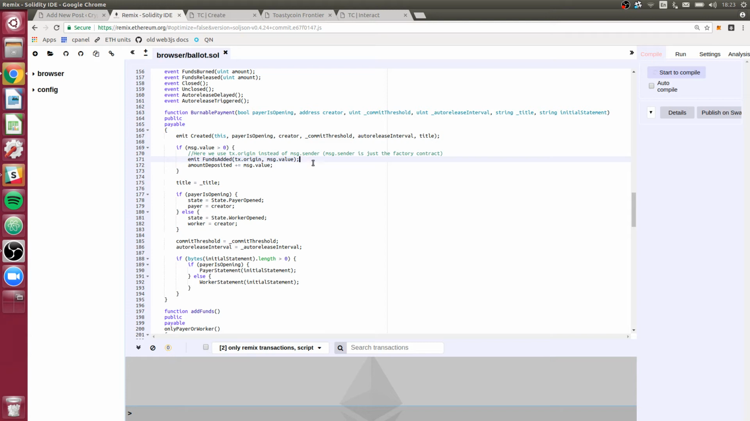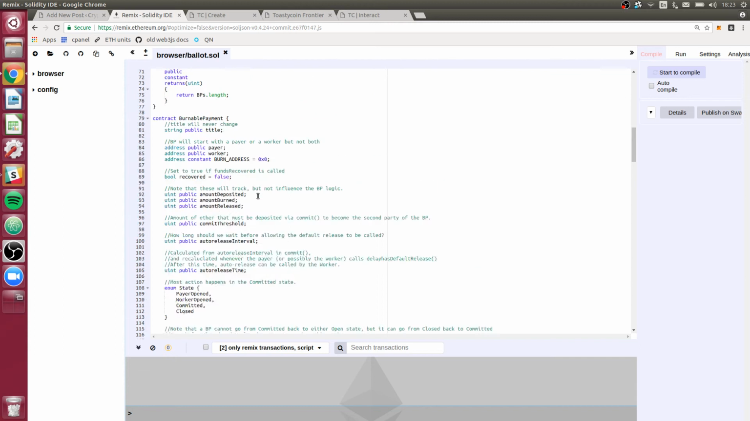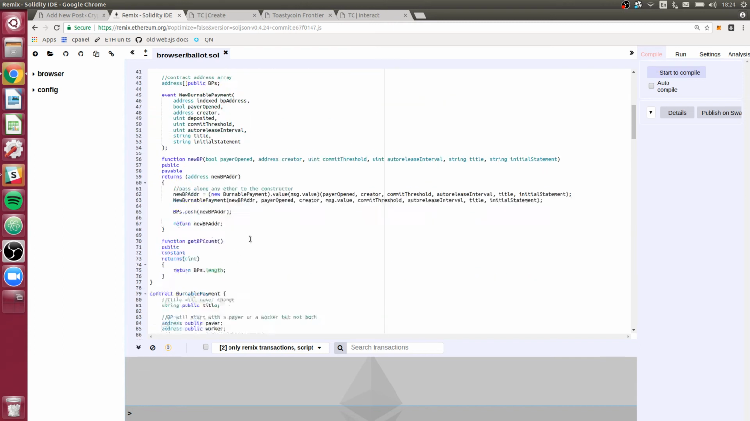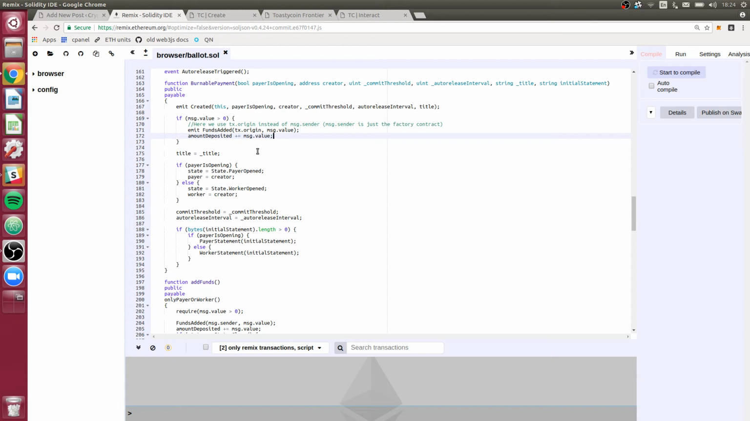And just be aware that we are going to be building another, yet a third sort of, I mean, there's two contracts here. There's the burnable payment, there's the burnable payment factory, and then we'll be building yet a third one that sort of administers all of that. So we'll have to keep in mind this complicated question of, specifically, how does the burnable payment know that